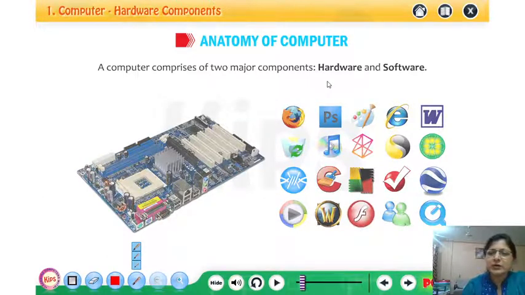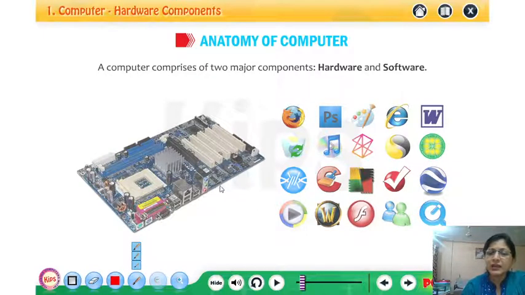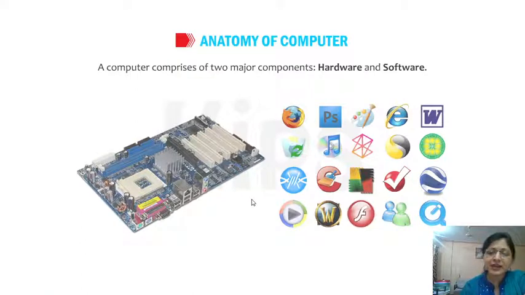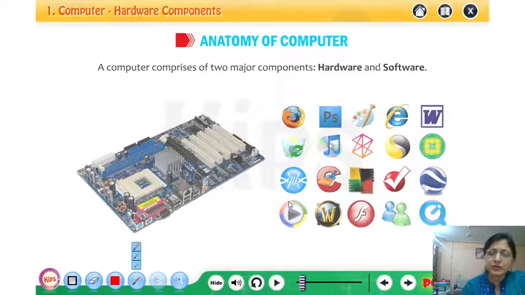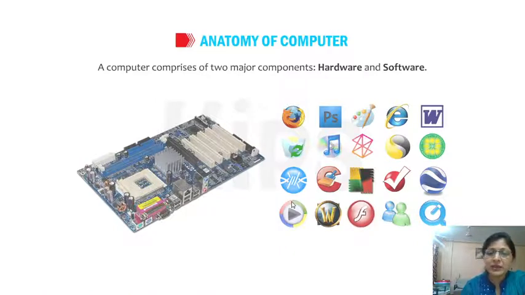Okay, so I'm sure you know about both these terms, the hardware and the software. Okay, so hardware is any component which you can see and touch, including, that doesn't mean that what is there inside the CPU, because you cannot see it directly, that is not a hardware. Even that is a hardware. Okay, so the computer would comprise of hardware as well as software. Hardware is the physical parts and software are the programs which will make the computer work. Okay, so let us look into this a little bit more closely.